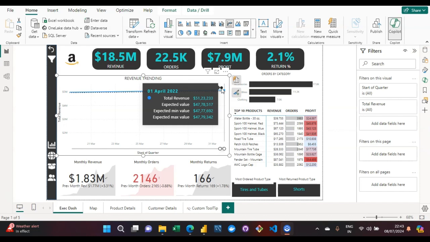That's exactly how you can work with the anomaly detection feature in Power BI. We will be continuing this section with some more AI content, on how we can make use of some more AI tools in Power BI itself. So let us meet in the next video with some more informative content and our next AI feature in Power BI, so that we can again come up with some more informative insights from our reports.